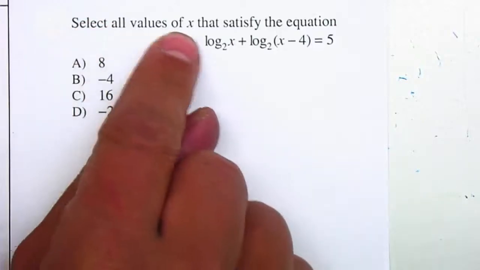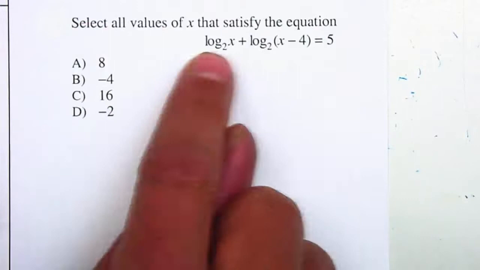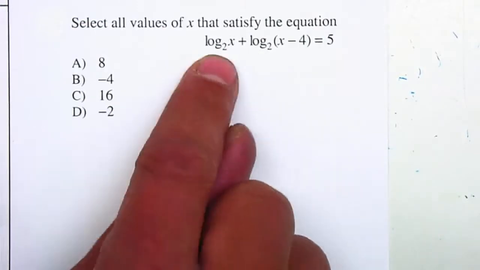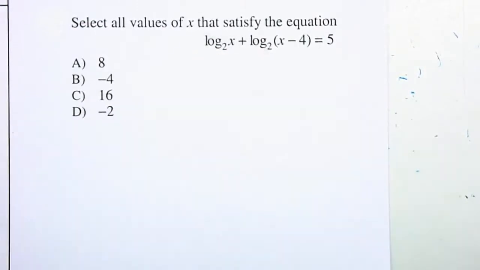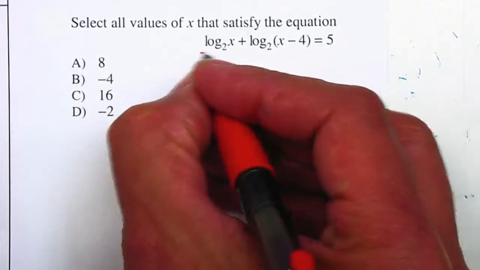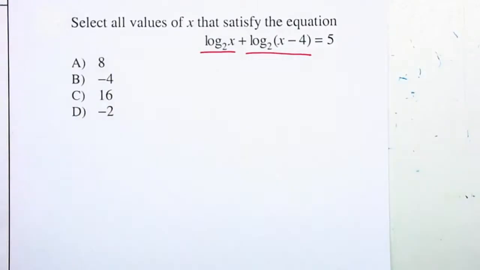Select all the values of x that satisfy the equation, and they give you an equation that has logs. Notice that there are two logs that have the same base 2. So the best thing to do is, just like you combine like terms, we're going to combine like logs. So therefore we're going to combine both logs into one,